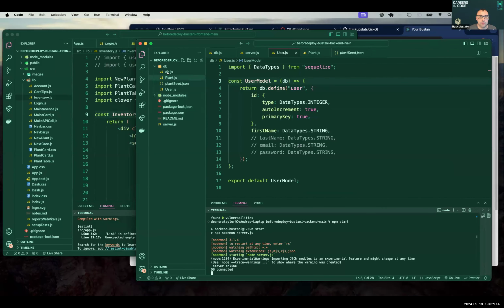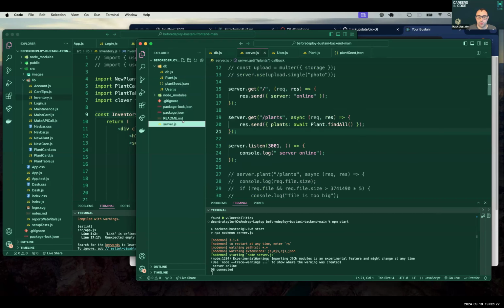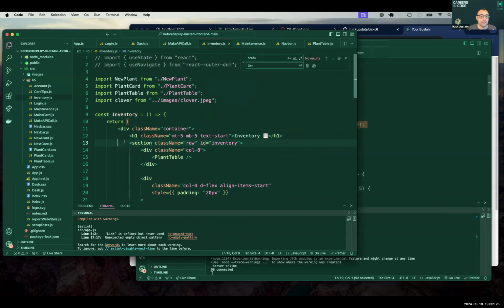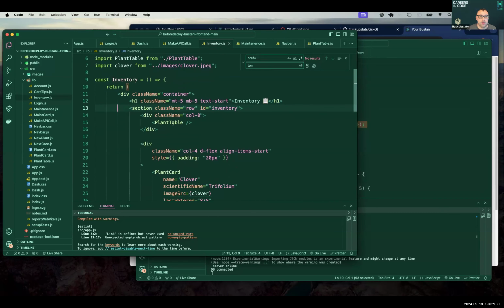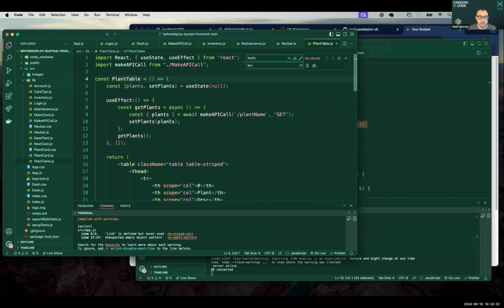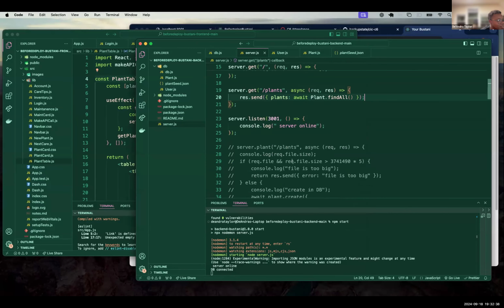Okay, so I'm gonna look in your db.js. You're doing the seed stuff, so we're gonna assume that that's all in there. We're gonna go to server.js. You do already have the endpoint to get the plants. So the only thing that we need to do, do you want to do it right in? Yeah. You're on the right track.